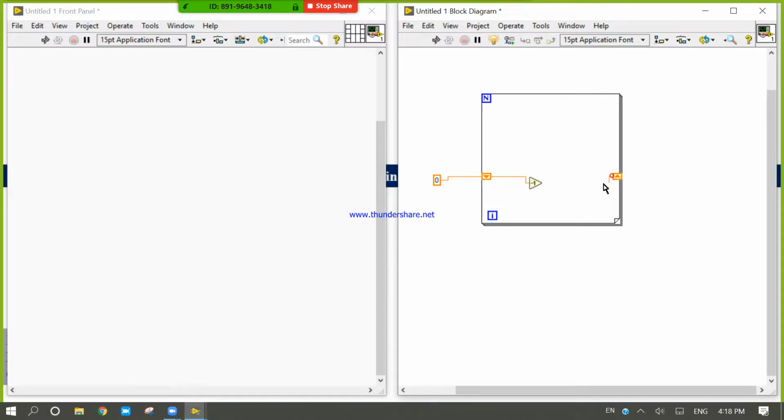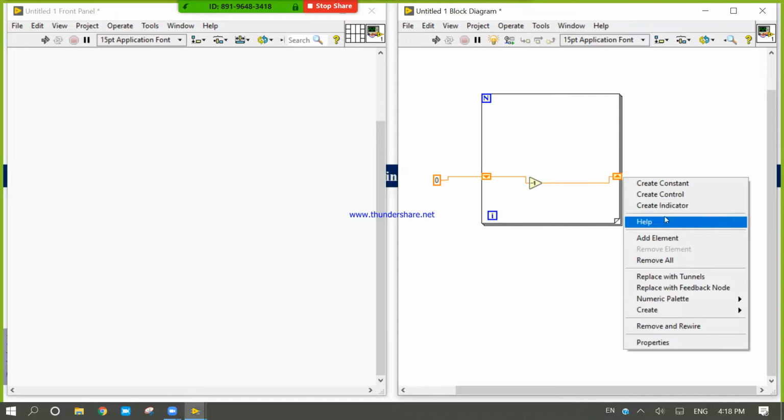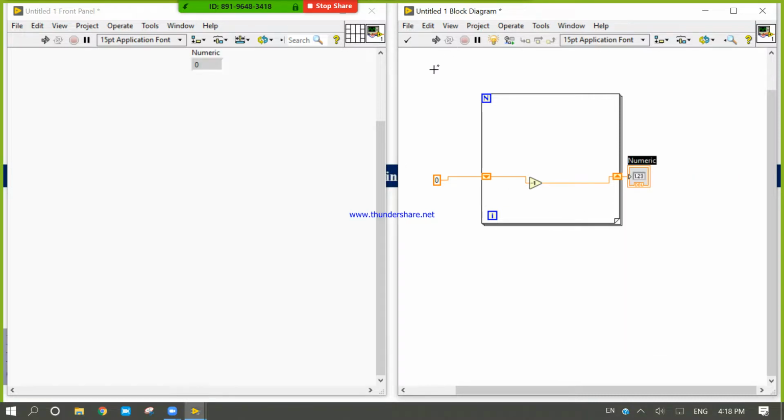So now my expectation is -2 output. Okay, let's see. 0, -2. If I give the value, wait, constant 2. 0, -1, -1 will come here, -1, 2, -2. Okay, output is -2.